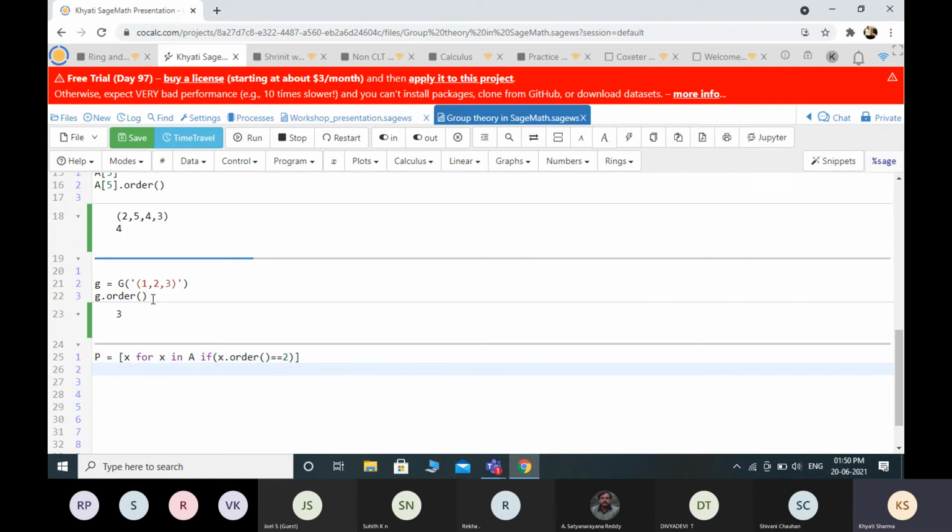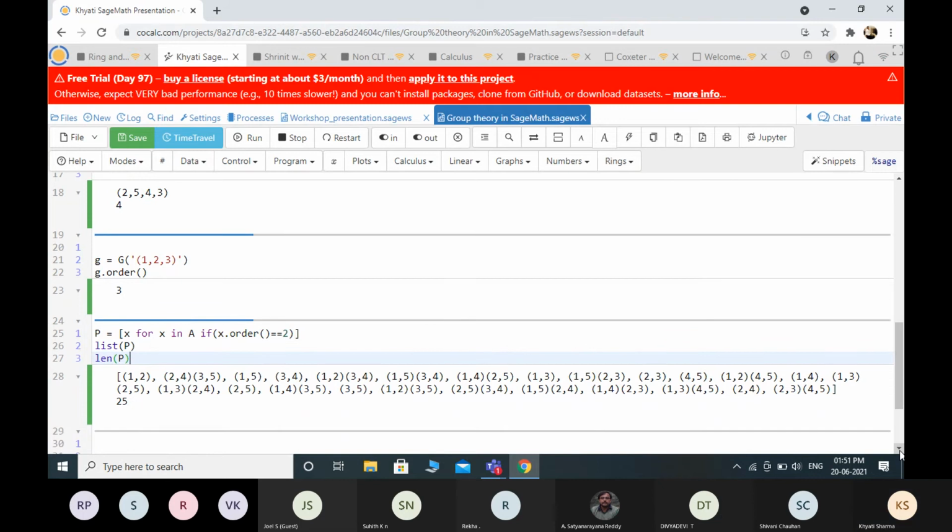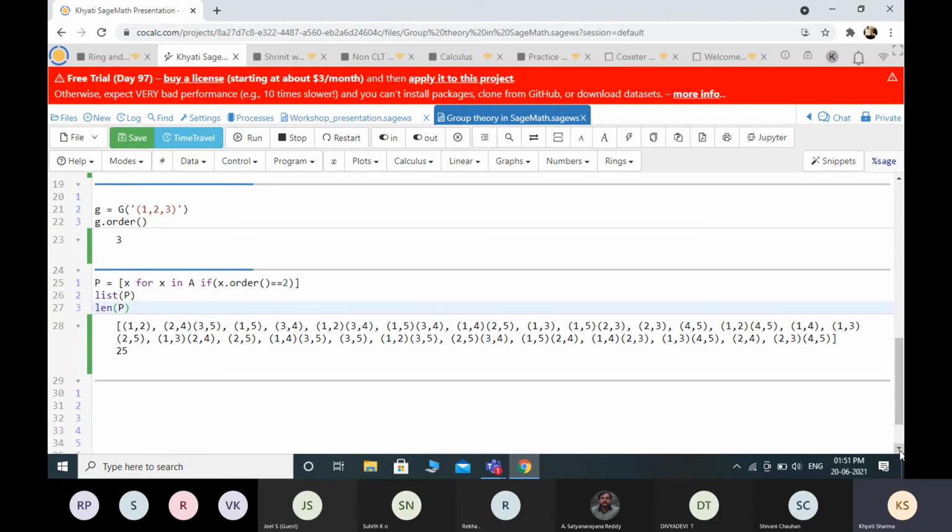What is the list P, meaning which elements are of order 2, and what is the length of this P, how many elements. So these are the elements in this group S5 which have order 2, and they are exactly 25. This is quite an important command because we use it many times, and Sage is giving us the answer with these inbuilt commands.